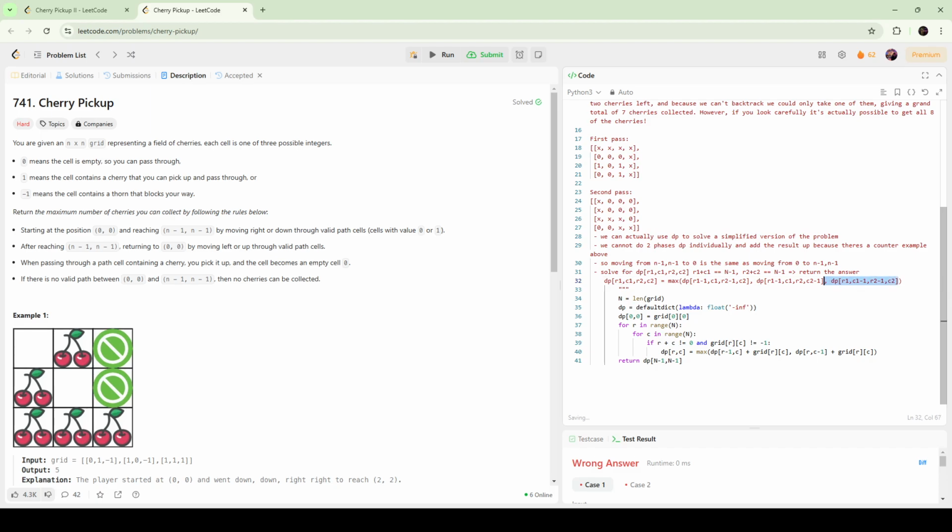Then another option here. Okay, that's another observation. We can solve for dp r1 c1 r2 c2 in this type of way, right? But now we need to add what? Okay, so for example,